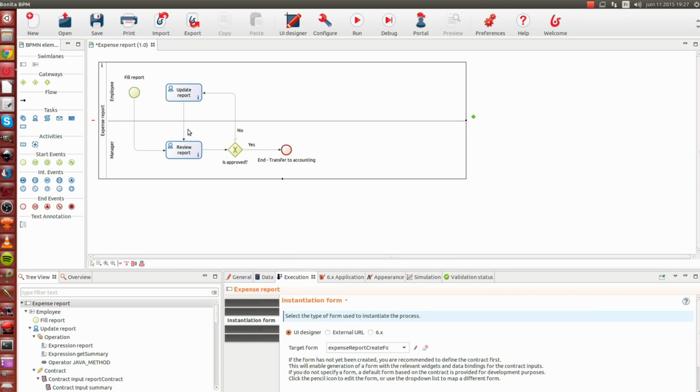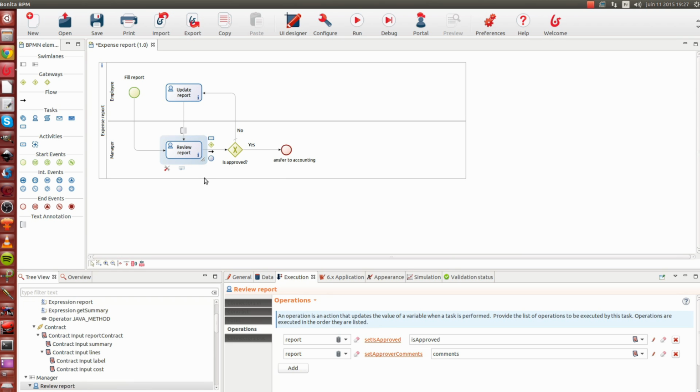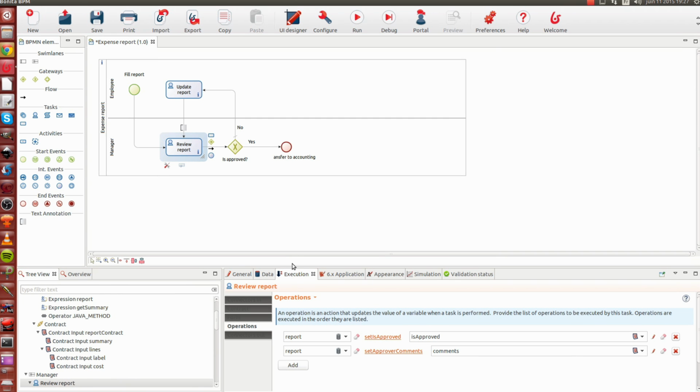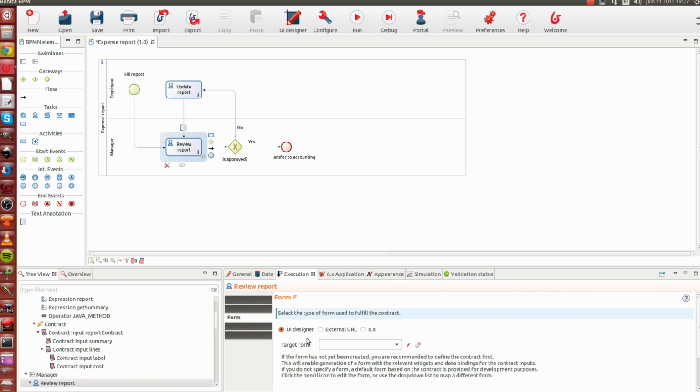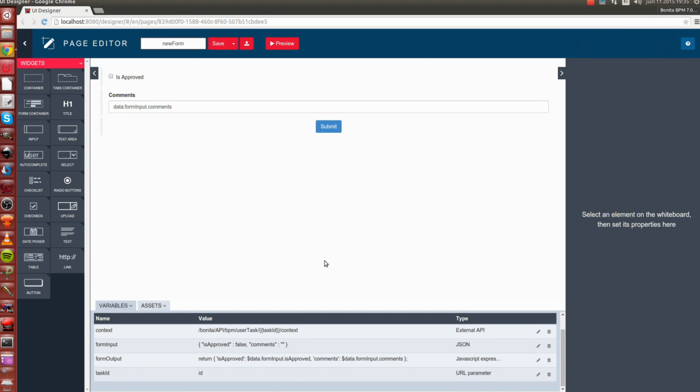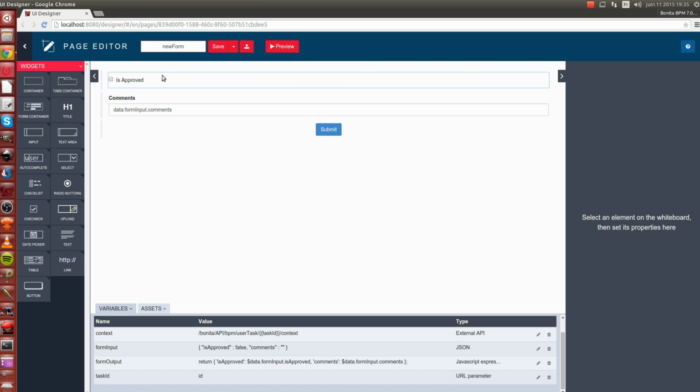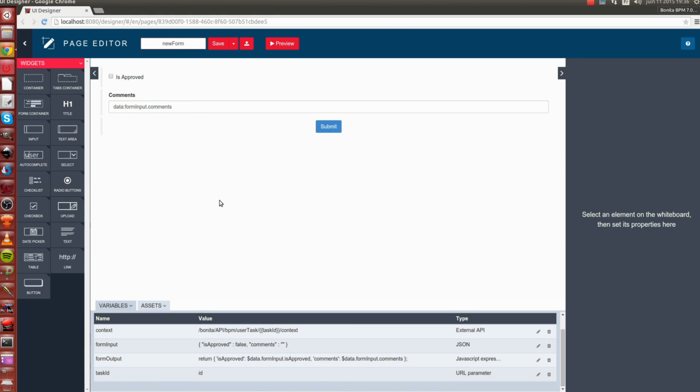Now, we need to move further, and now we need to implement the second form for the review report task. So we'll go again to execution and to form here, UI designer, and we take a new form. The generated form here is very poor because we only have two elements in our contract. We have the isApproved attribute in our contract, and we have comments. Now, what we need to do to complete the form basically is to fetch the data that was entered during